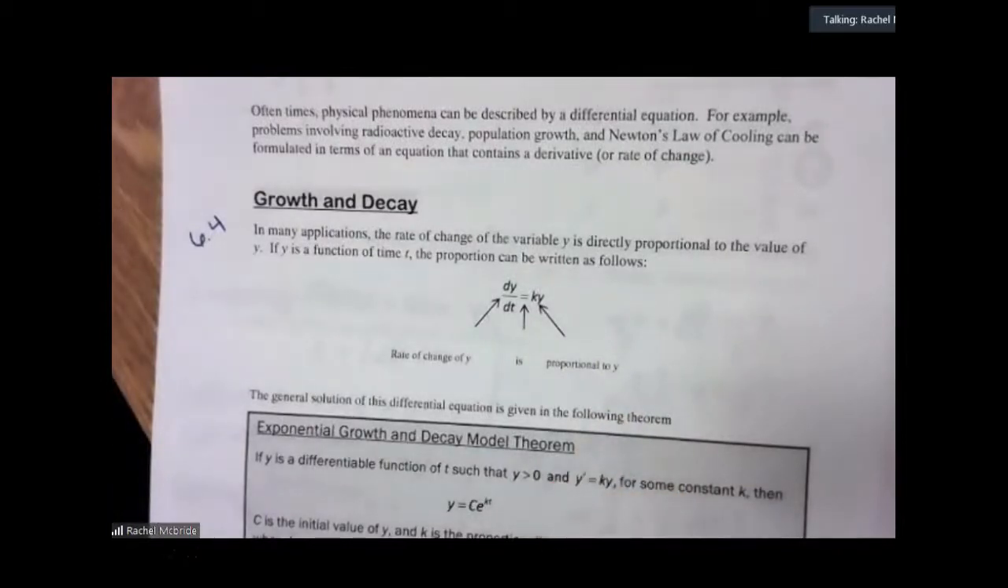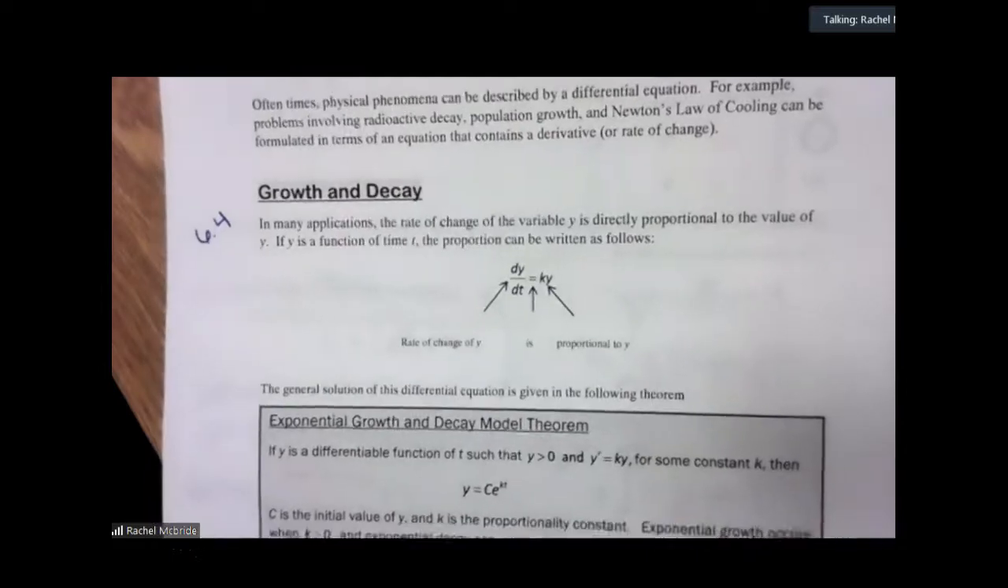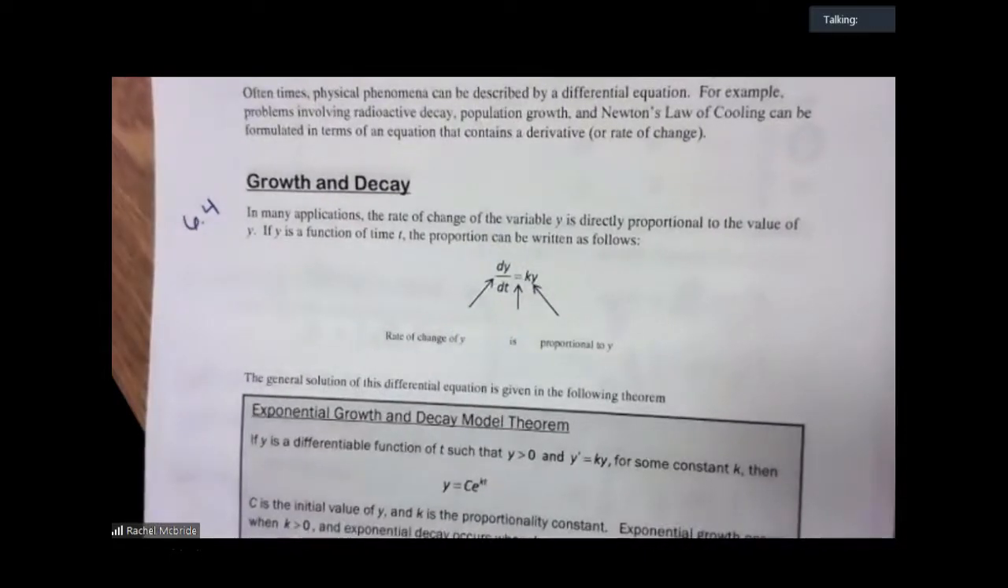So oftentimes, physical phenomena can be described by differential equations. For example, problems involving radioactive decay, population growth, and Newton's law of cooling can be formulated in terms of an equation that contains a derivative. Remember, a derivative is simply a rate of change. So in these applications, the rate of change of the variable y is considered proportional to the value of y